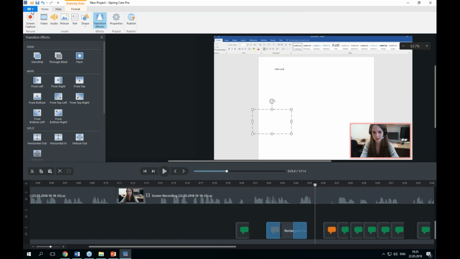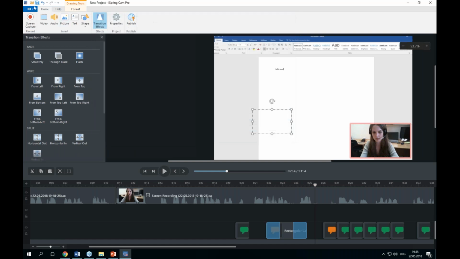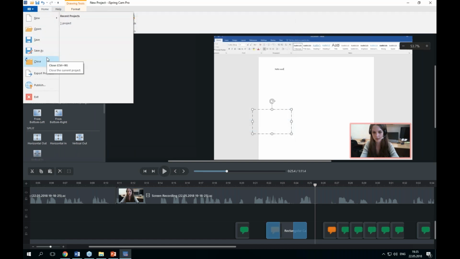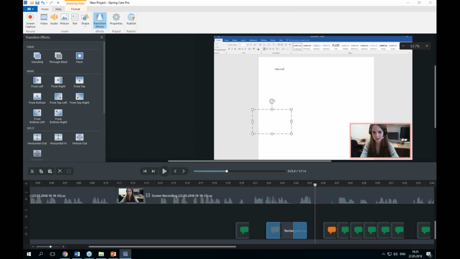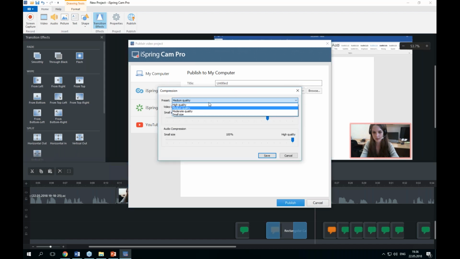You can also export all project data or publish your video. I will click on the Publish button here. In the opened window, you can publish your video to your computer in MP4 format. You can, for example, rename the title of the video, select another local folder, change the canvas size, and select another quality, for example, not medium quality, but high quality, and click on the